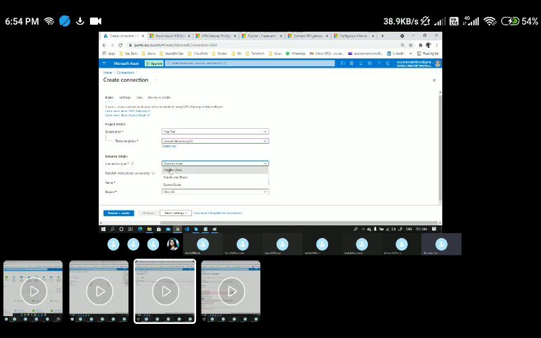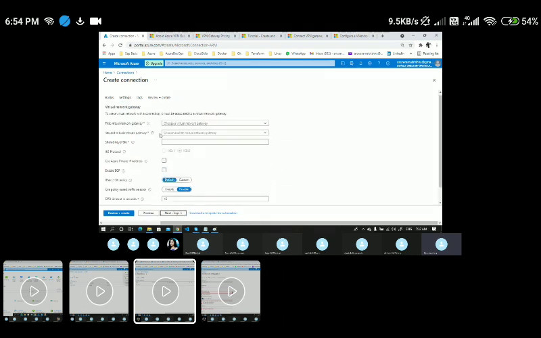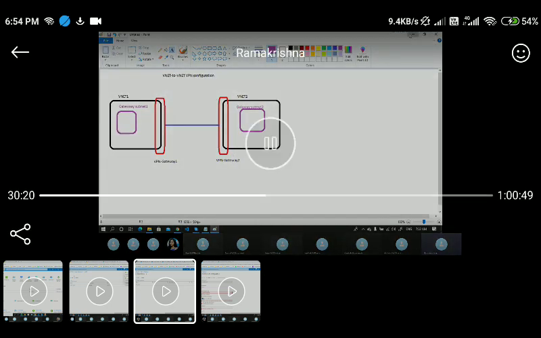So at this moment we are just discussing the VNet to VNet. We haven't discussed anything about the site to site. So let's blindly choose the VNet to VNet. This I'll come back to in the upcoming sessions. And for the connection type, I have to choose the VNet to VNet, and I need to give the name. I would say VNet 1 to VNet 2 VPN, and you can just create it in any one of the regions. If I go to the next settings, here it will ask you to choose the first virtual network gateway and second virtual network gateway. This gateway you have to pass there, and this gateway you have to pass there.